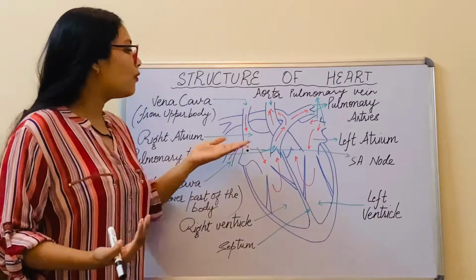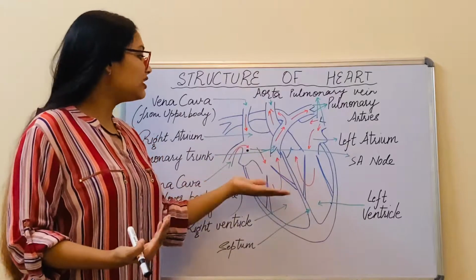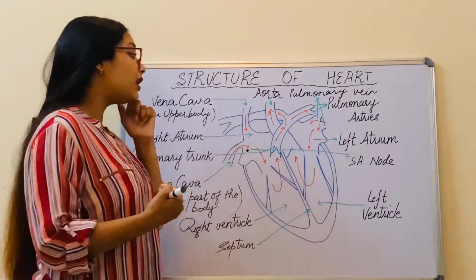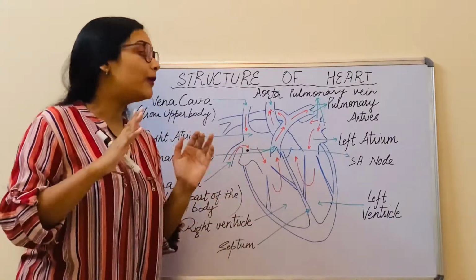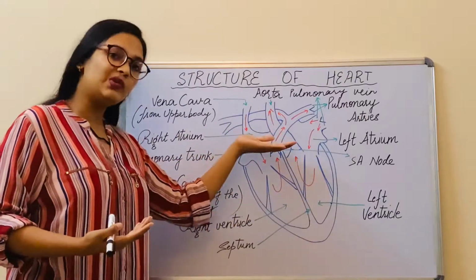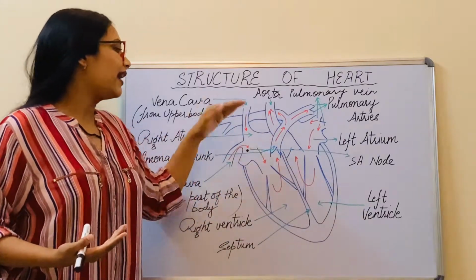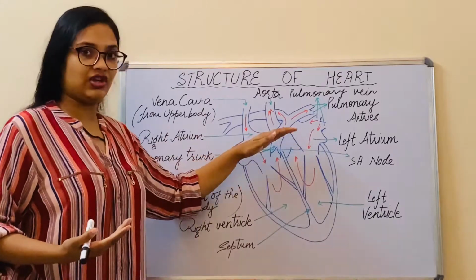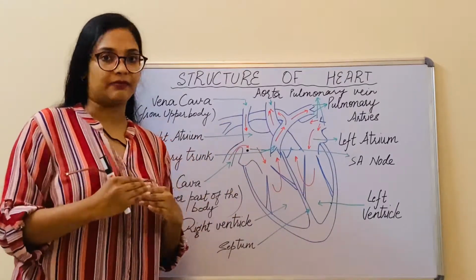Now, there are walls which are separating the atria from the ventricles. These walls basically are for the ease of flow of the blood from the atria to the ventricles, but at the same time preventing the backflow of the blood from the ventricles to the atria. So these septa are atrio-ventricular septa because they are separating the atria and the ventricle. So they are the atrio-ventricular septa.